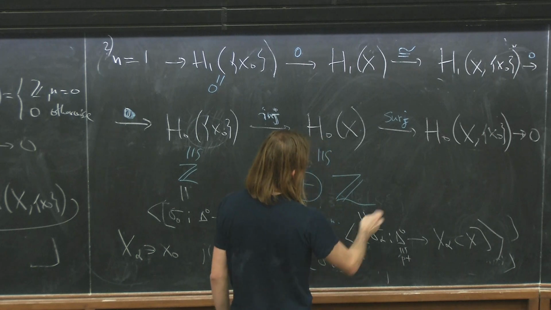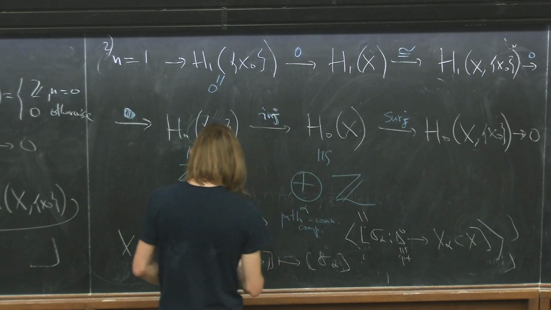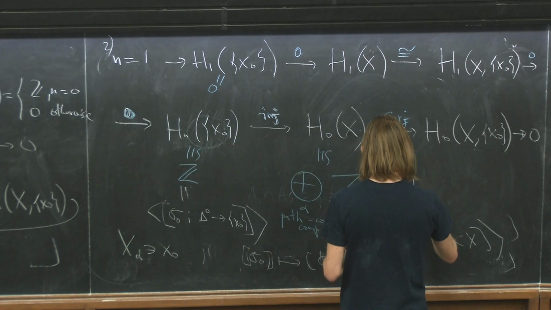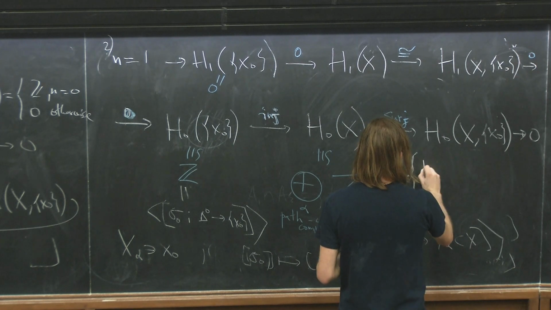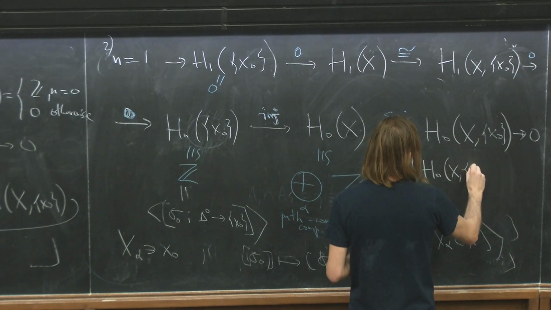This means that H0 is the image of this map, and we can use the fundamental theorem to conclude that this relative H0 of X comma x0,